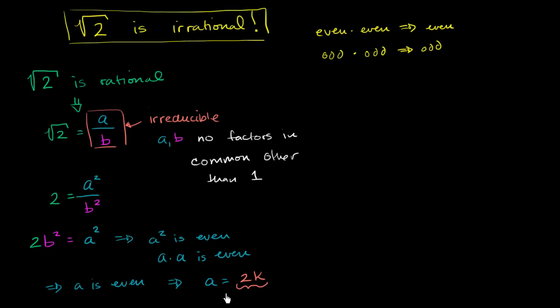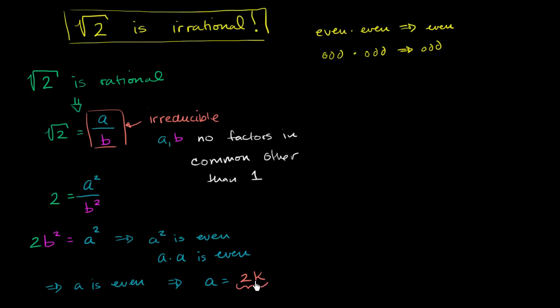So I know, well, where is all of this going? Well, as you'll see, we can then use this to show that b must also be even. So let's think about that a little bit. Let's go back to this step right over here. If we say that a can be represented as 2 times some integer,